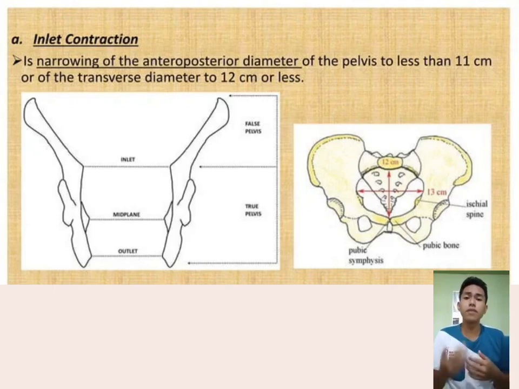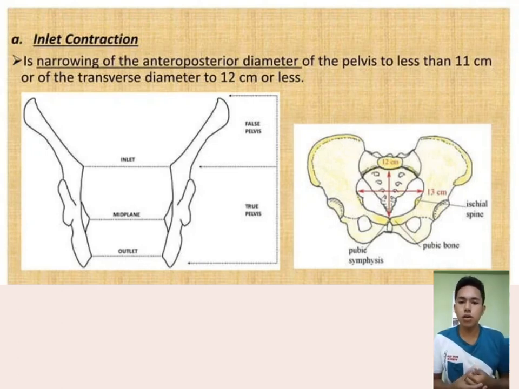So from the definition itself, ito ang pagliit ng sukat from front to back of the pelvis, which is from the sacrum to the symphysis pubis. Its normal range is from 10 to 12 cm. So if the measurement is lower than the normal range, then it can present challenges during labor and